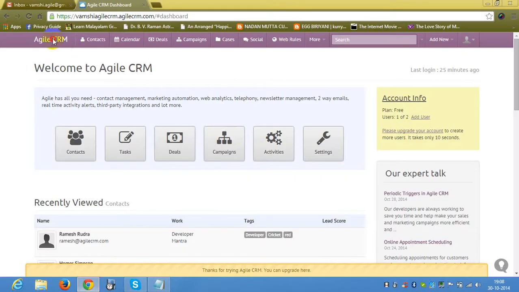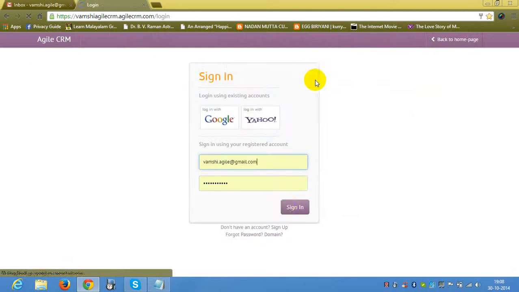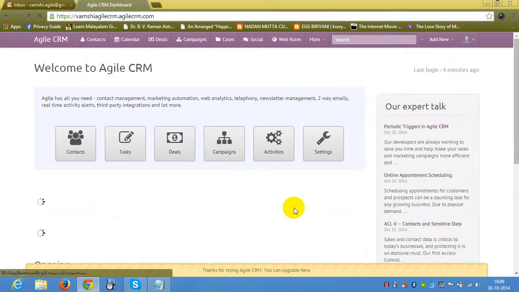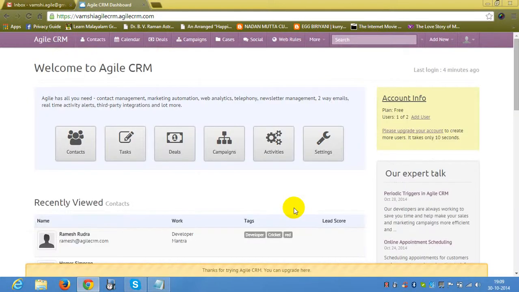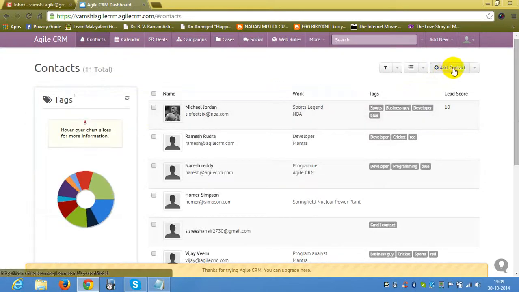with logging in to my account. I'm currently logged in. So I'll now show you how to add a contact. There are two ways to add a contact, one of which will be clicking the contacts button on the screen or on the dashboard here and going to add contact